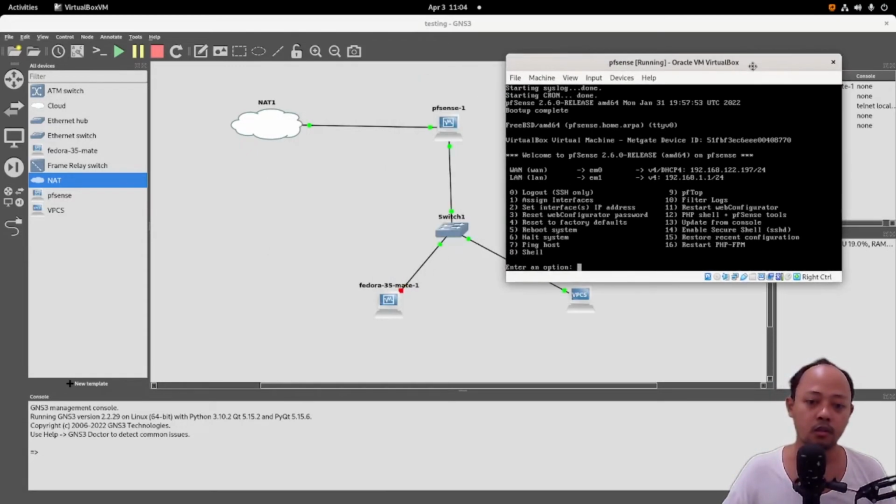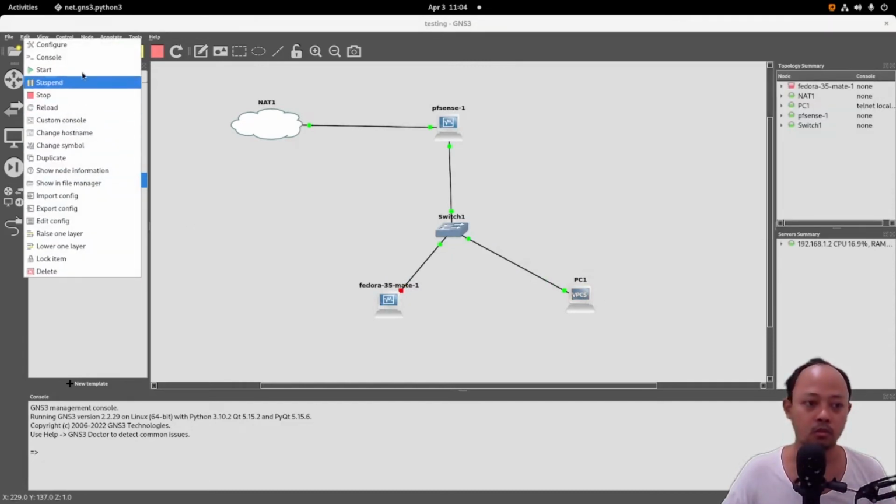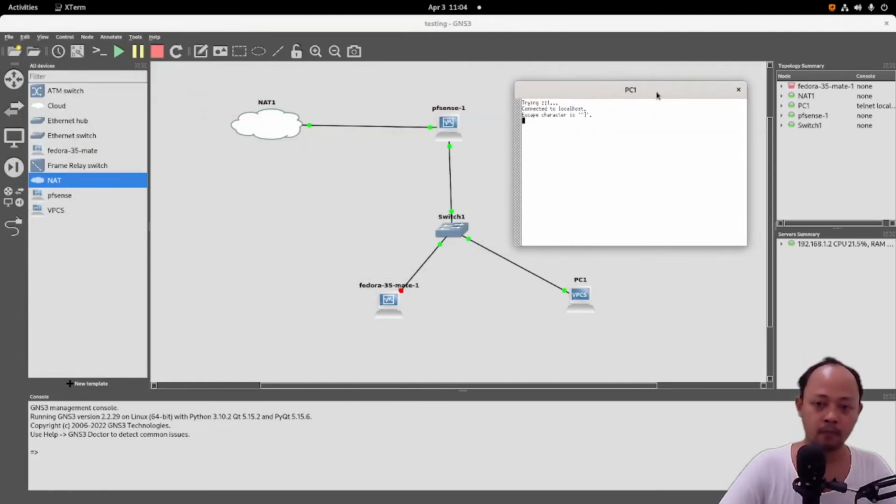Okay, so the pfSense is running. We will try the console again. Enter. DHCP. You can see that this VPCS has 192.168.1.101.